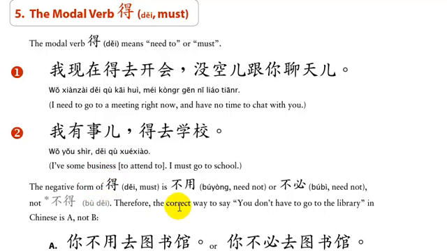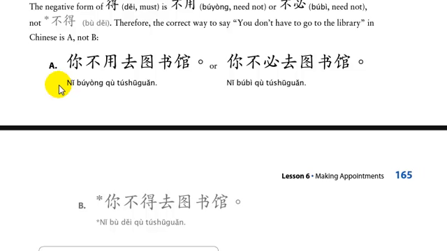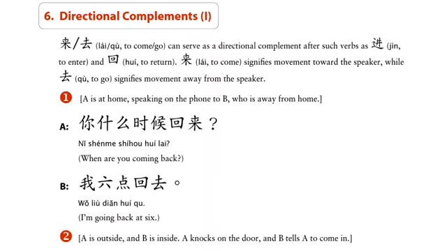So 得 is I must go, and 不用 or 不必 is I don't need to go. Here are some examples. 你不用去图书馆。You do not need to go to the library. 你不必去图书馆。There's no need for you to go to the library. Same sentences. We cannot say 你不得去图书馆。